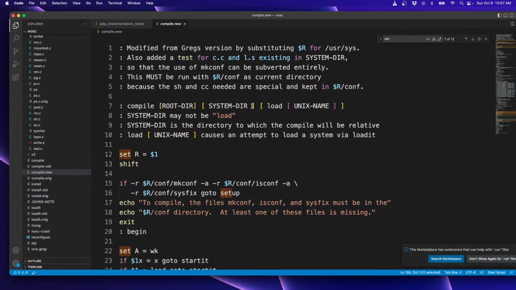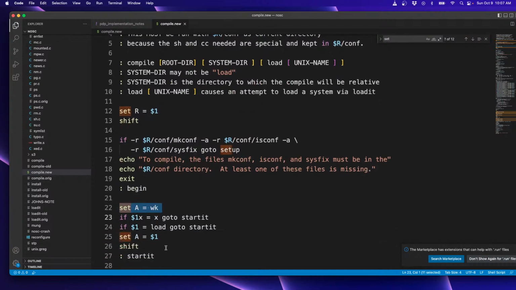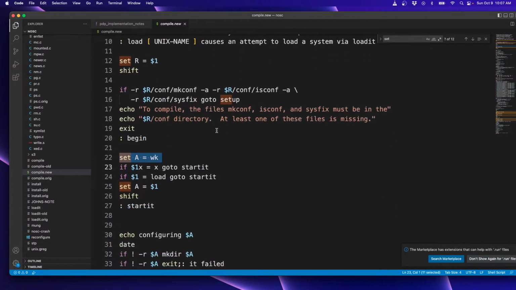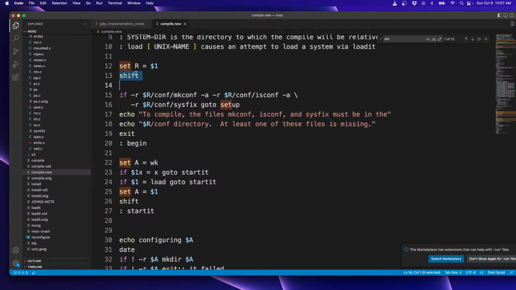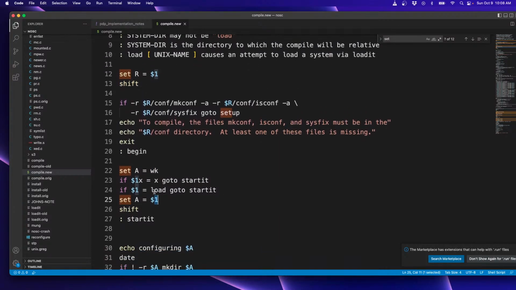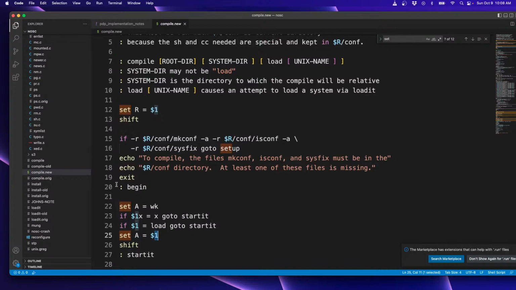System directory may not be load. So what is root directory? So root directory becomes R. And then it does a shift, so all